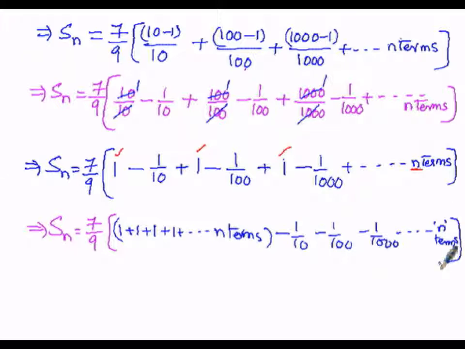The next logical step: S of n, the sum of n terms, will be given by 7 by 9. So here the first term is 1, the second term is also 1. When two terms T1 and T2 are added up, the sum of the first two terms, 1 plus 1, will be 2. When 3 are added up, it is 3. When n terms are added up, it will be n. When p terms are added up, it will be p, so p into 1 is p. When n terms are added up, because each term is 1, n into 1 is n. The sum of all these terms will be only n.